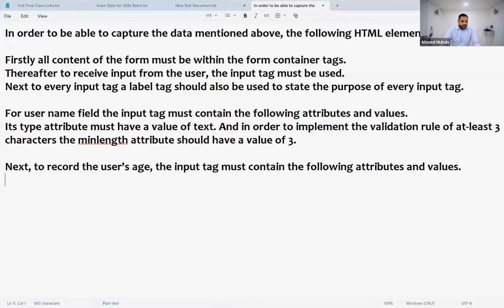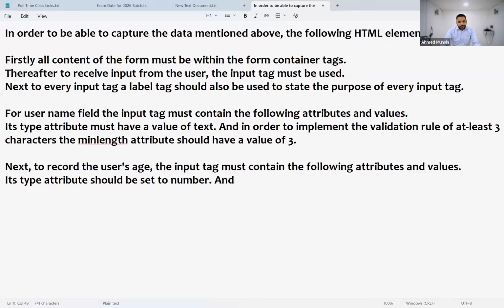So guys, for type, what shall we set it to? Its type attribute should be set to, for age, Shem, should be set to what? For age, it should be set to number,